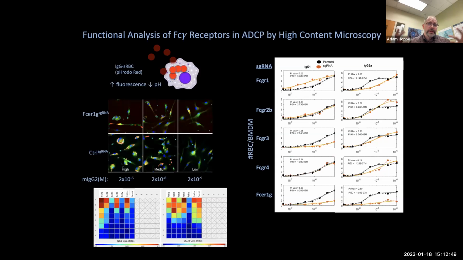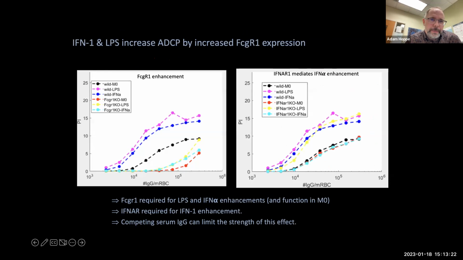So one way that interferons make macrophages more potent eaters is by upregulating Fc receptors on their surface. Okay, we're also using CRISPR to try and identify functional correlates. So this is an example of a phagocytosis assay in our lab using erythrocytes coated with different types of IgG subclasses, and then macrophages bearing different FcγR knockouts. We're able to quantify and then rank their functions accordingly.